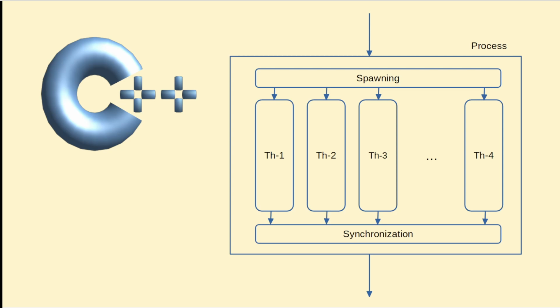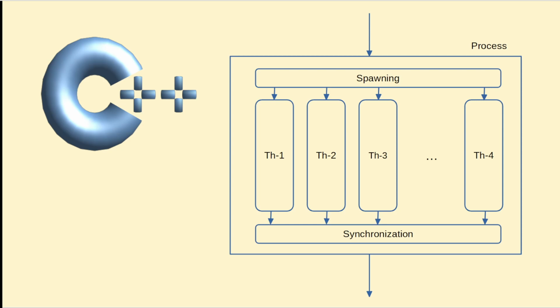In this picture, TS1 is one thread, TS2 another thread, TS3 and TS4. There could be many threads, maybe 10, 50, 100, depending on the requirement. The process of creating a new thread out of the main thread, the process itself being the main thread, is called spawning. Spawning results in a new thread or child thread. So in this case, the entire process is the main thread, and TS1 is one child thread, TS2